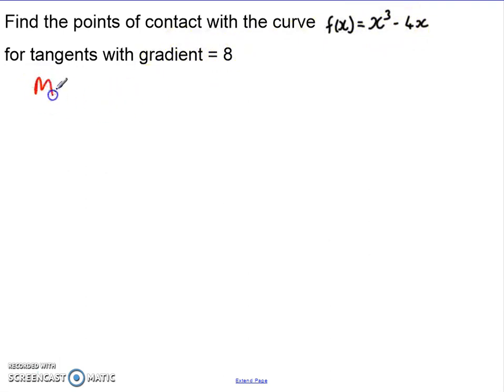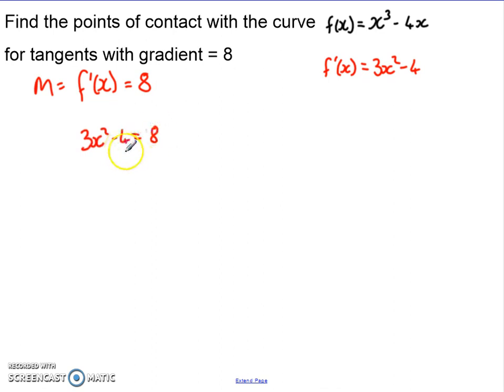Now we know that the gradient is the derivative f dashed of x, but we also know the gradient is 8. So what we want to figure out and solve is when f dashed of x equals 8. So we take the derivative, so there's f, so let's do f dashed of x just below it. Power down, reduced by 1, 3x squared, and then that becomes take away 4. So substitute all this in, we get 3x squared, take away 4 equals 8, and then it's just a case of solving it. So add 4 to both sides, 3x squared is 12,